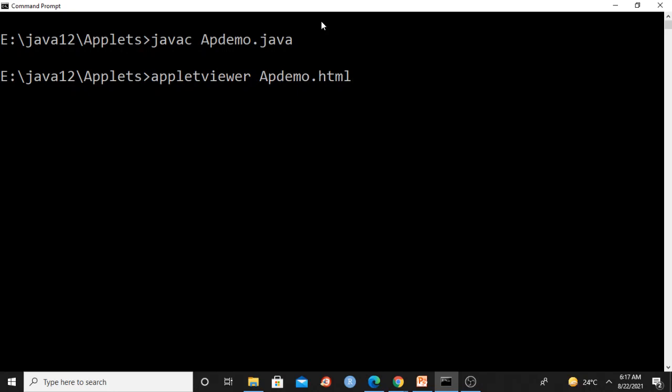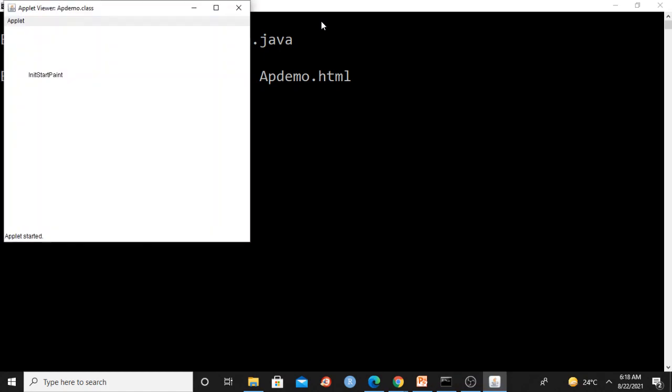As I told you, we have a separate HTML file. That HTML file name is appdemo.html. appletviewer appdemo.html. Just see, you can see the output. As I told you, if you resize the window, just see, the paint method is called. Whenever you resize the output screen, this paint method will be called.